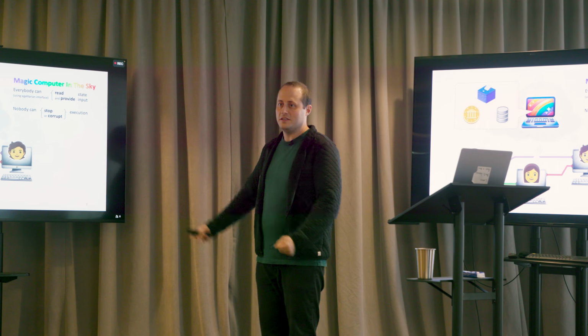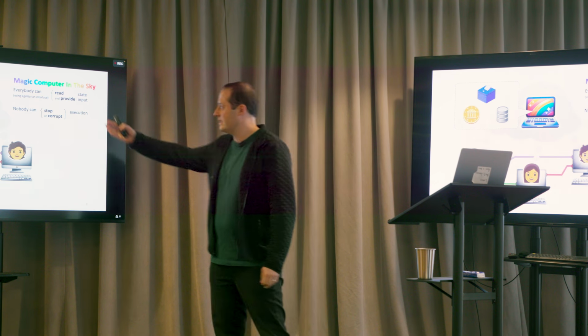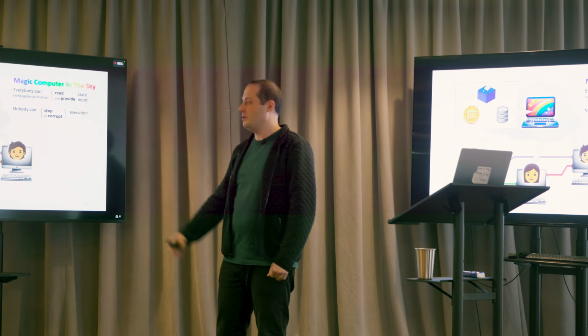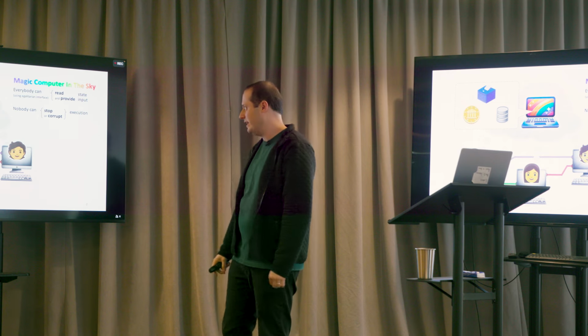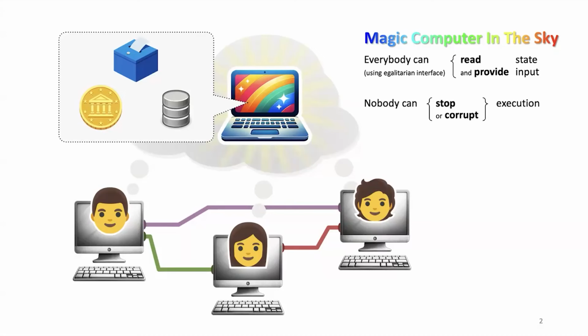So I'm going to zoom all the way out and remind you what we're all here to do. We want to build blockchains. Why? Because we want to decentralize certain applications. Think, for example, voting applications, maybe monetary applications, maybe just replicating a database. And the approach we take to this is this idea of a magic computer in the sky that we want to build. It's a computer that arises out of a simulation or an emulation by a bunch of participants that run a distributed protocol. And then from that comes out this magic computer in the sky.